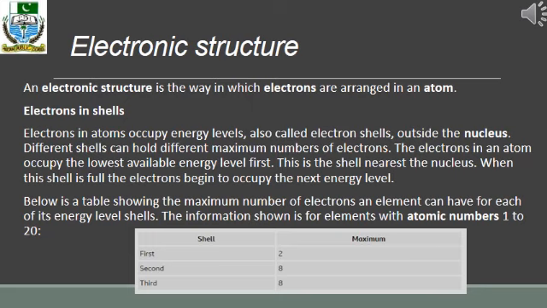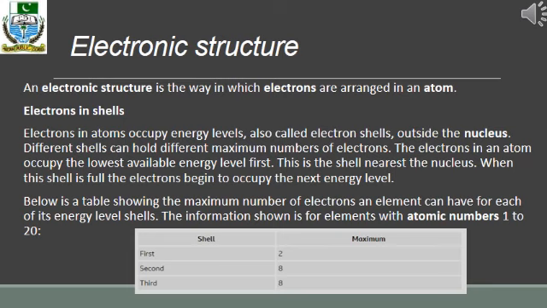If we discuss an example, we can take hydrogen. In hydrogen, the atomic number is 1, so it has 1 proton. So the hydrogen atom has 1 electron. In the first shell there will be 1 electron revolving around the nucleus. So in hydrogen the first shell is not filled. It does not have 2 electrons, it just has 1 electron revolving around the nucleus.